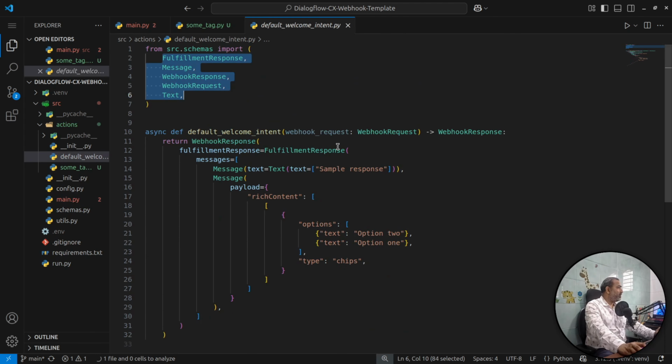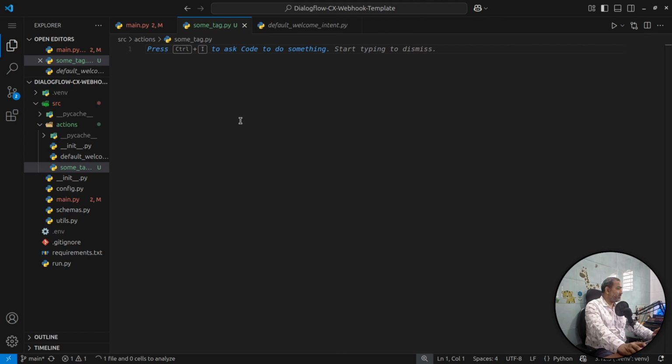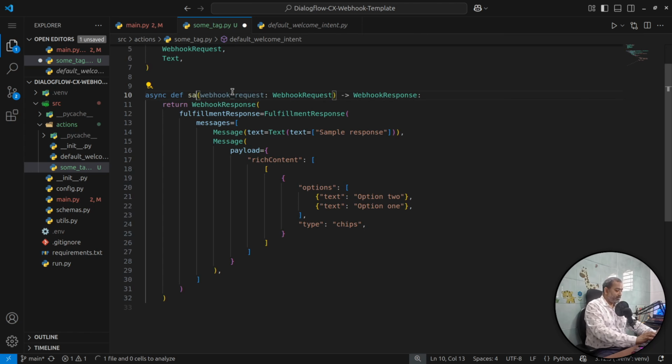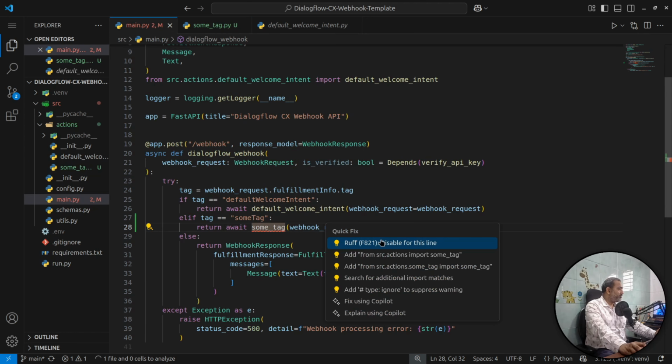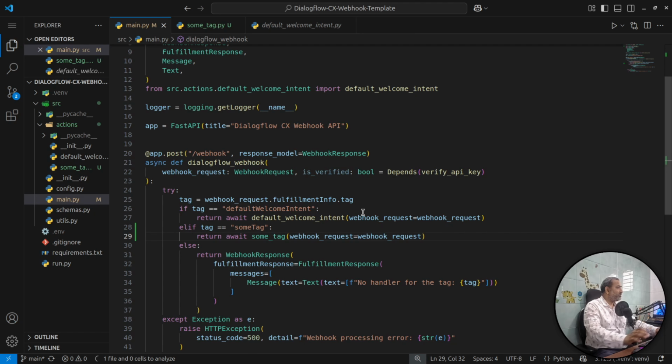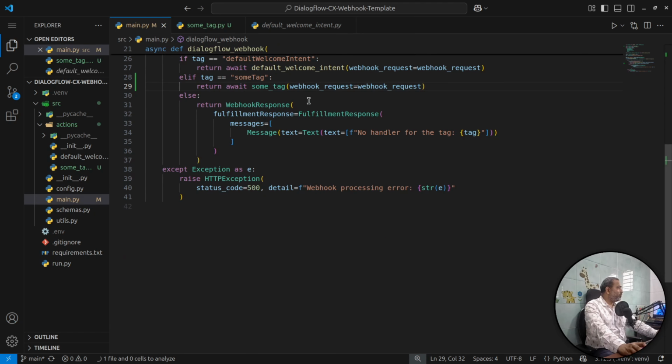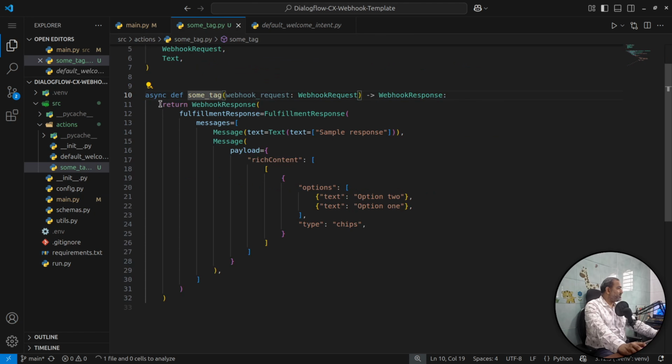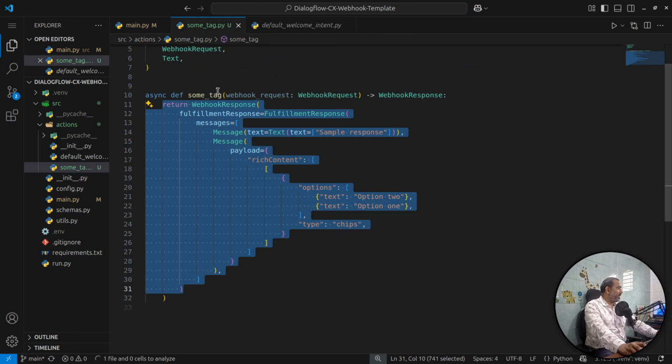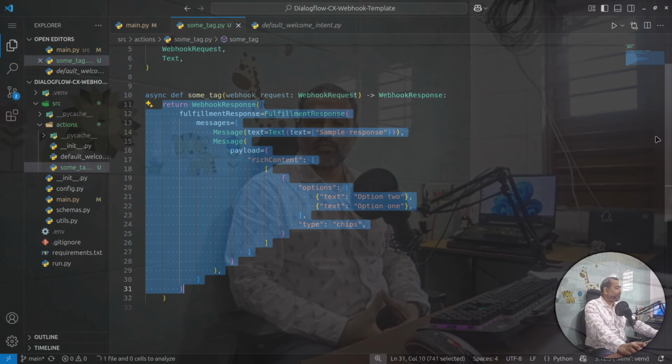Okay, save this. I'll copy this part, paste here, some underscore tag. I'll import it, save this, and you can see now you are good to go. What you need to do is just replace whatever logic you have for that tag into this function, and you are good to go. I hope this video gives you a better understanding about this generic webhook using Python and